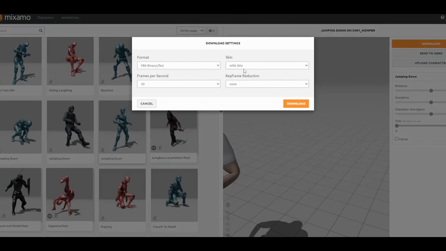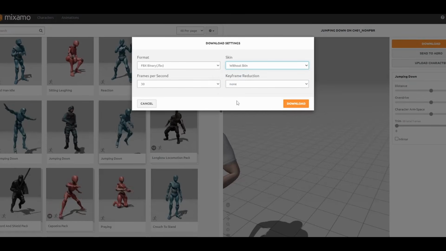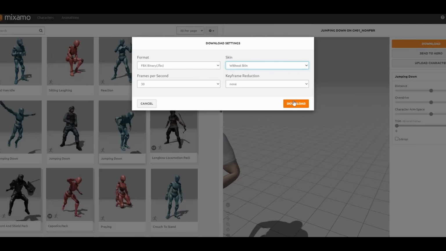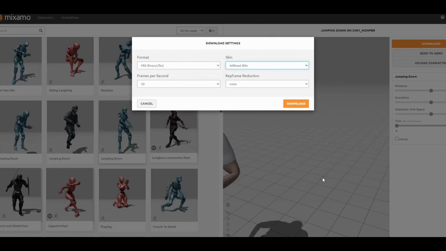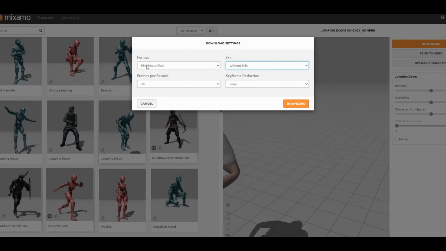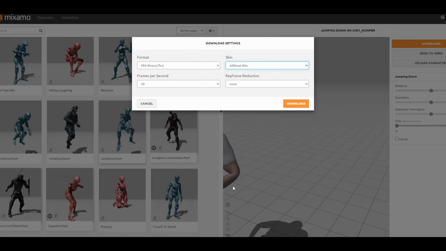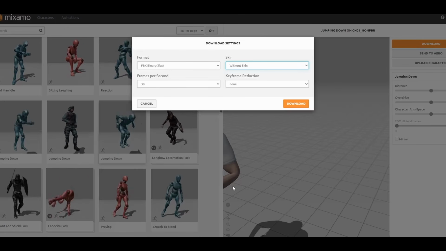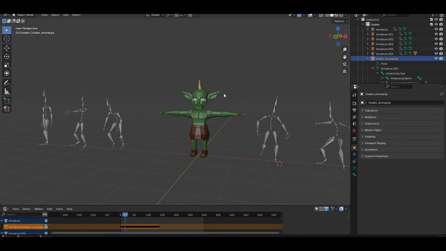Download without skin. So it downloads every single animation into your folder, and when you download it, you will have it in this file, and just drag that file into Blender next to your model. Now I have these animations, ones that I made before, but if you don't have them,